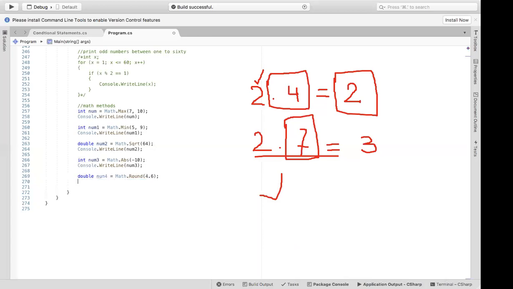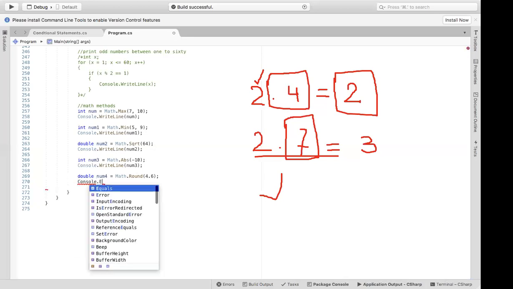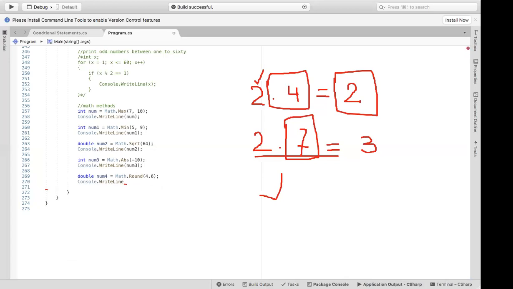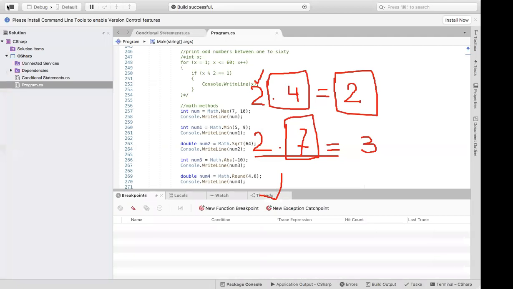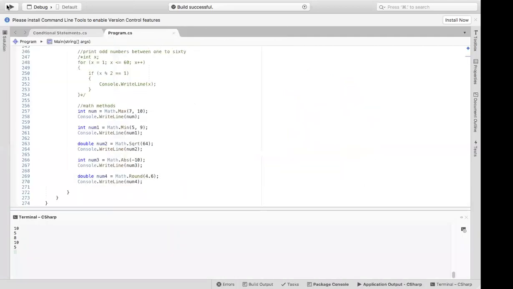Now print it. So it will return 5. Yeah, you can see.